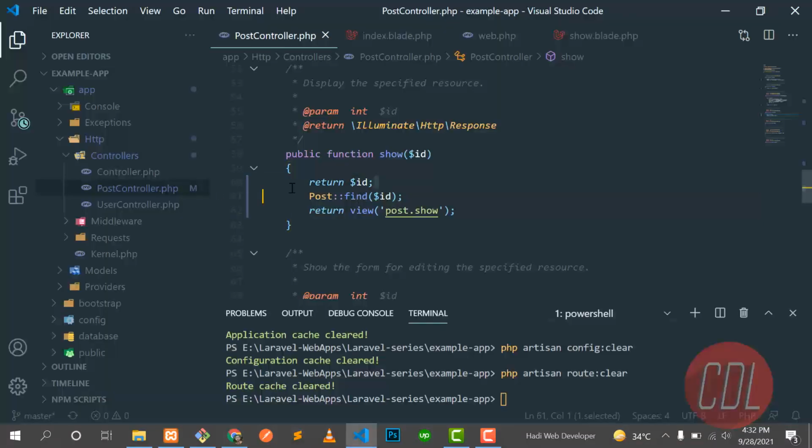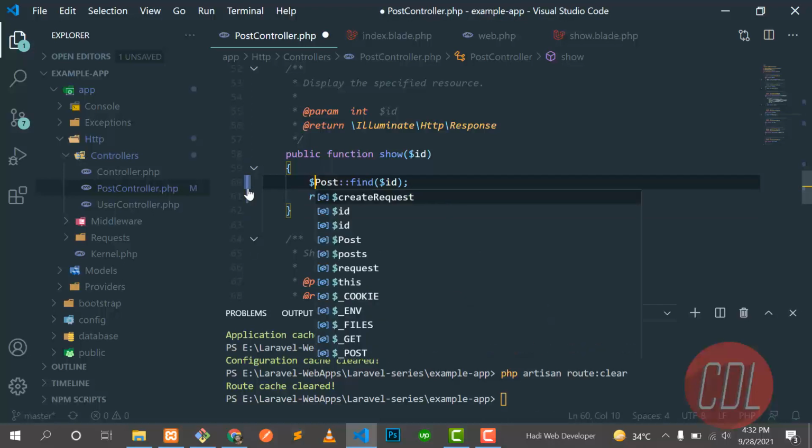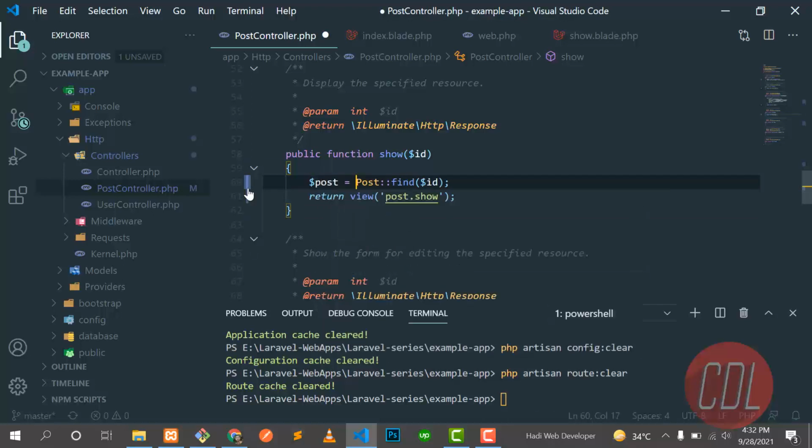So remove this and find the id first, and let me save them into the variable post. And if the post exists, you can also use the custom error of Laravel, findOrFail. If it did not find, it will throw an automatic 404, right?